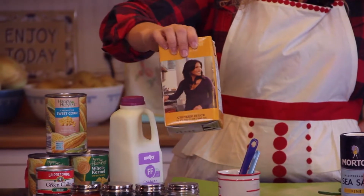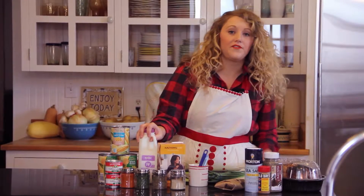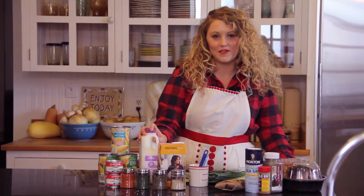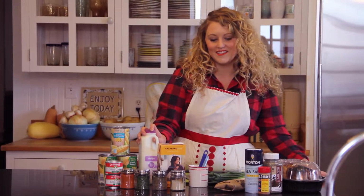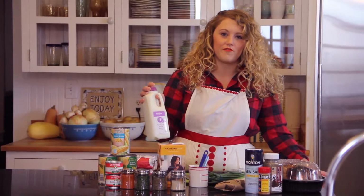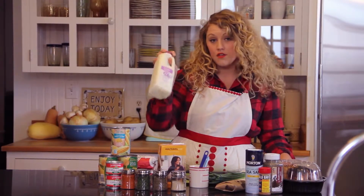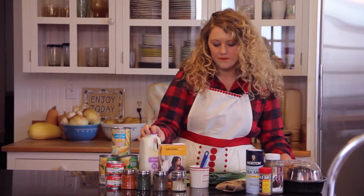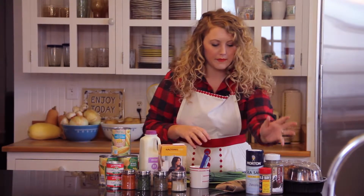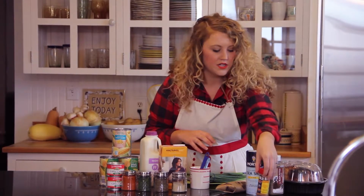You're going to use about 2 cups of it. I use low-fat milk. If you want, you can use whole milk, but I figure you're using a rotisserie chicken already, and you're going to put some cheese and everything. So go with the low-fat milk. It doesn't mess up the consistency or anything. So 3 cups of the low-fat milk, flour, scallions, salt, pepper, Old Bay seasoning, which also gives it a little edge,